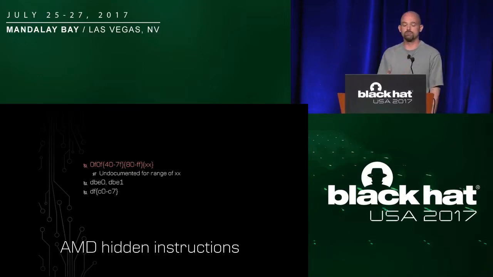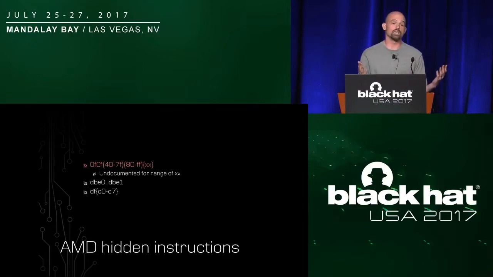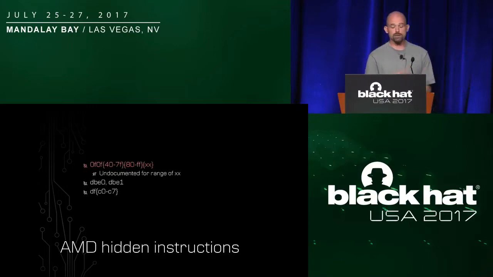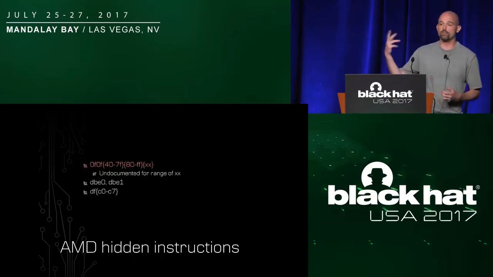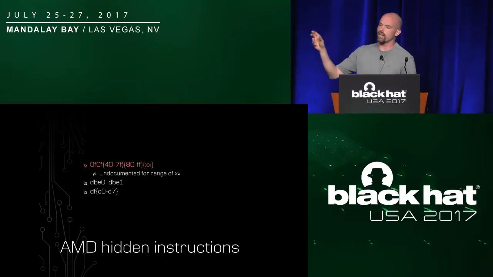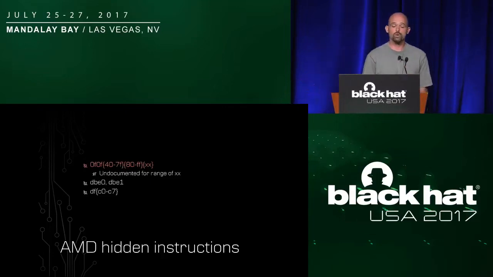on Intel systems. But the really interesting places that came up were the places that didn't overlap, where there was some unique instruction only on this version of the architecture. So in this AMD chip, I found a set of unique instructions at 0F 40 80, followed by some final bytes. Now, some versions of these instructions for that final byte were documented, but the vast majority of them that actually executed on the processor were not documented by AMD.